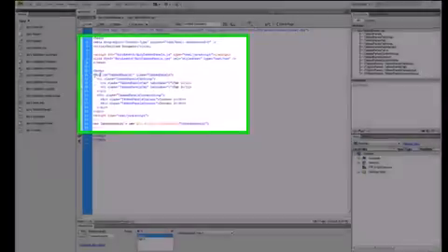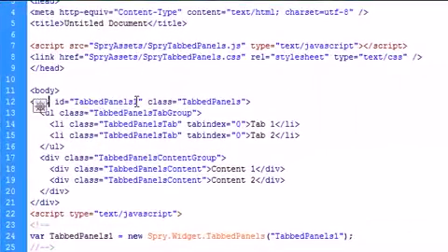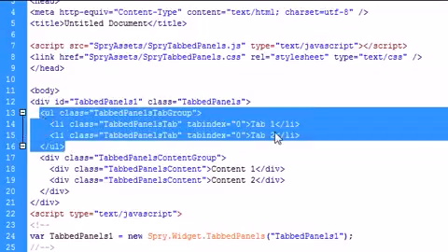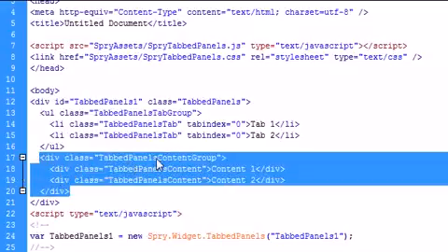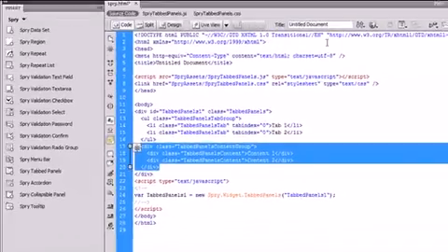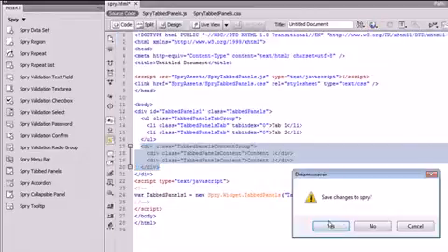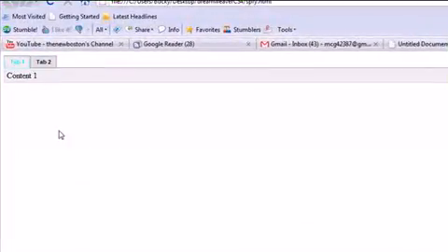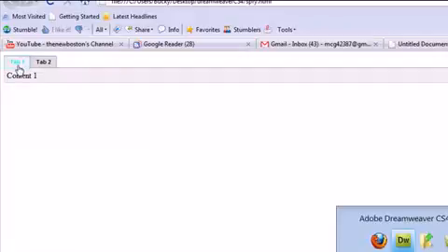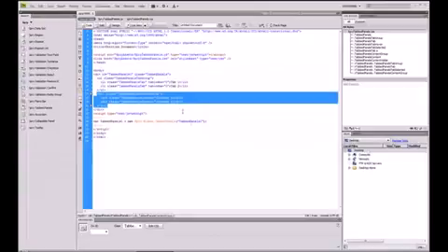It imported this parent div. It's called tabbed panels 1, and it also created this unordered list and another div called tab panels content group. So what's going on here is, let's look at it in the browser so we can see what we have done. We have created two tabs that each have content inside of them, and you can see that there's that blue color there because